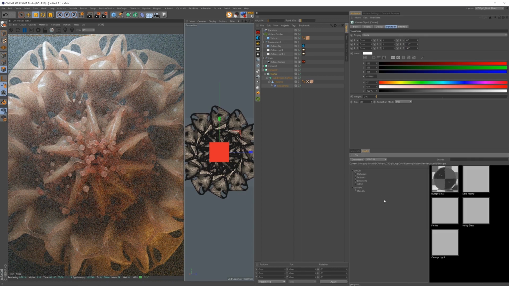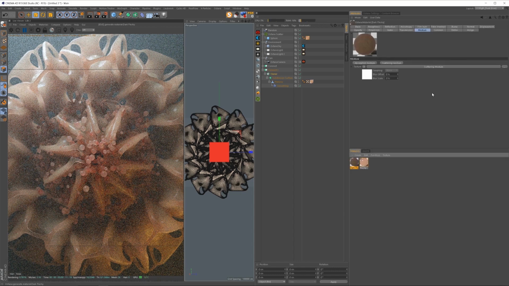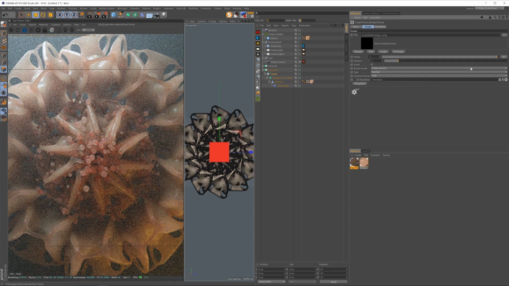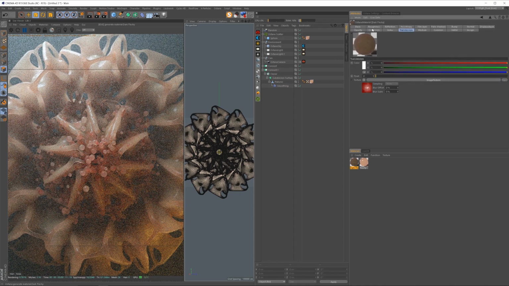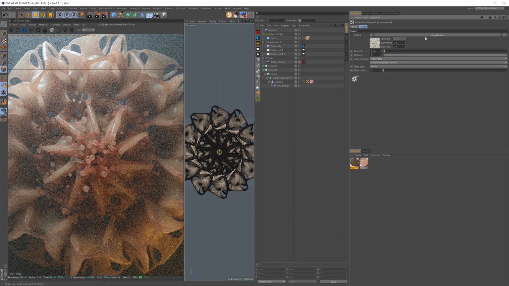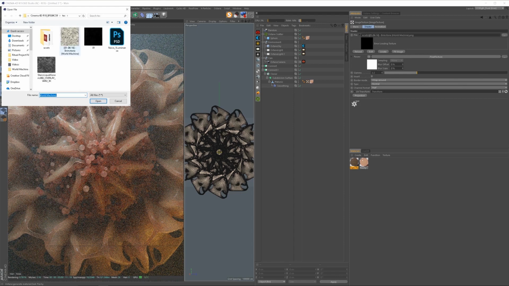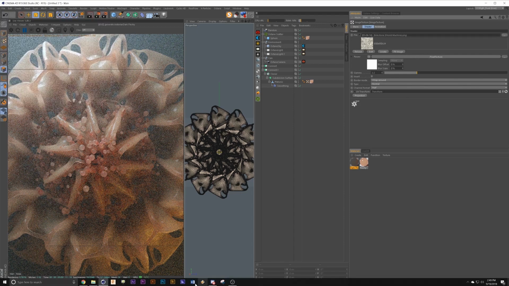Alright, and then what I did with that one is I actually had a darker version of this fleshy one. This one, I believe, did have displacement, but same thing, it was a scattering medium, basically the exact same setup. In this one, in the transmission, we added a gradient, which we will go ahead and find. We had a gradient. Then, I believe this also had displacement, which it did. And again, in the image texture, what I used is this Brimstone Rolled Machine texture, which I got from